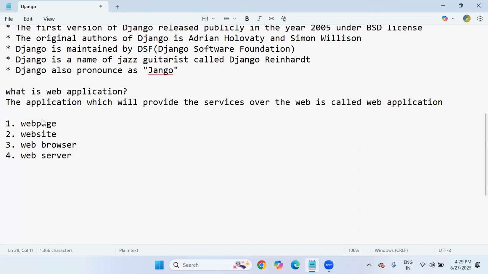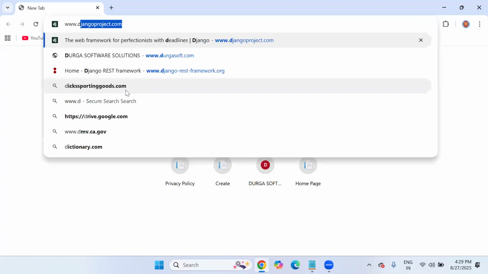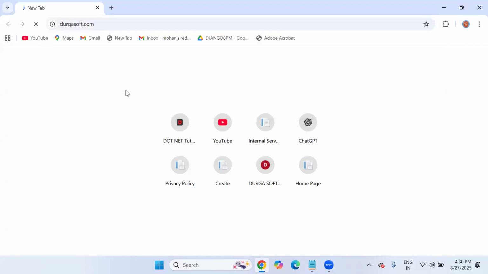So coming to the point, what is a web page? Very simple. The customers or end users who are going to access the websites or web pages are called customers or end users, right? So a web page is nothing but end user information. Suppose I am a student. I would like to learn a course from DurgaSoft. I can visit the durgasoft.com website. Students are our customers.